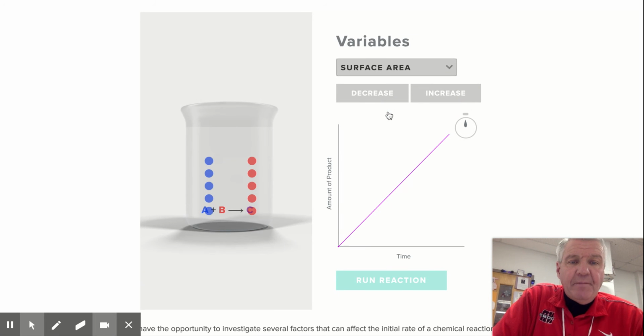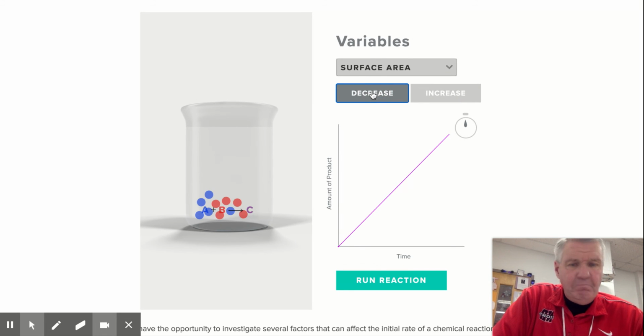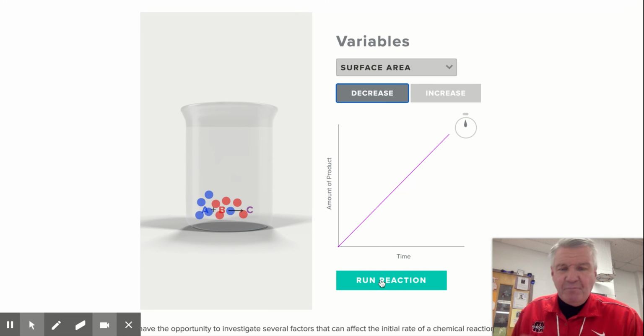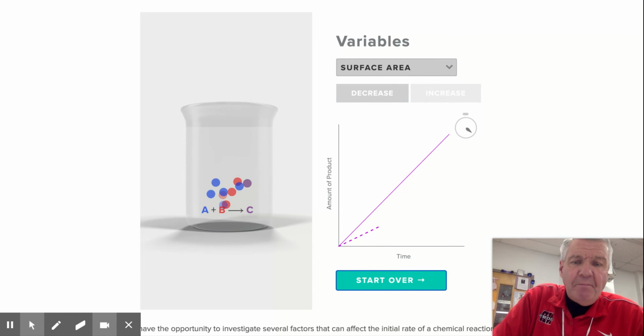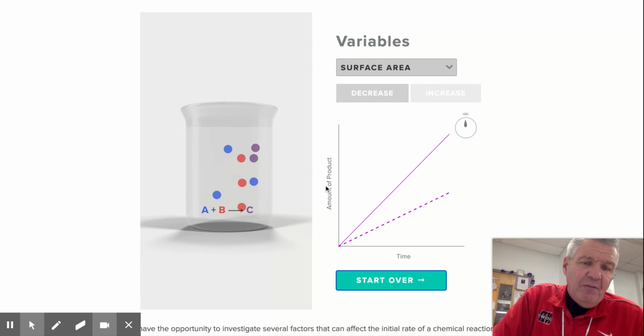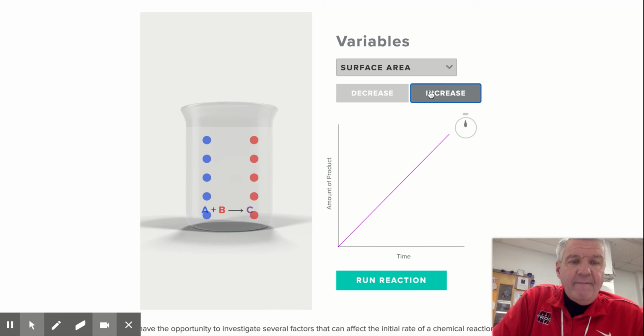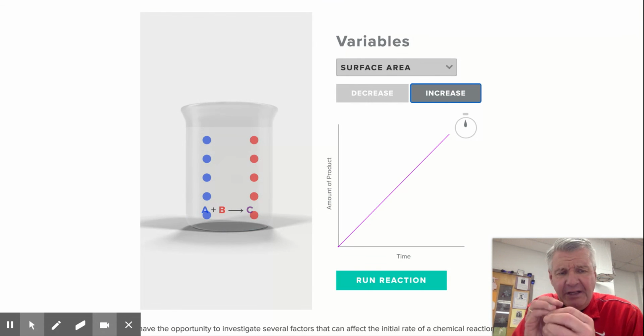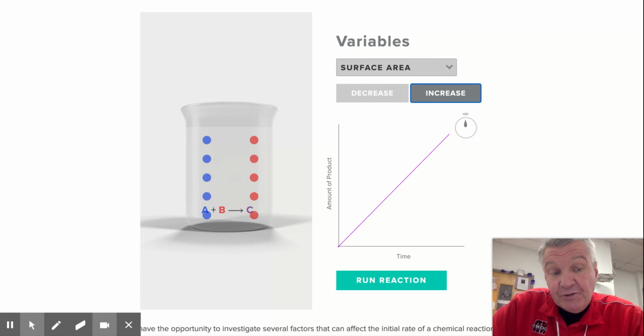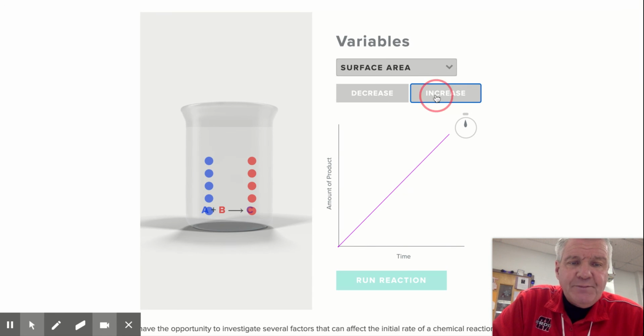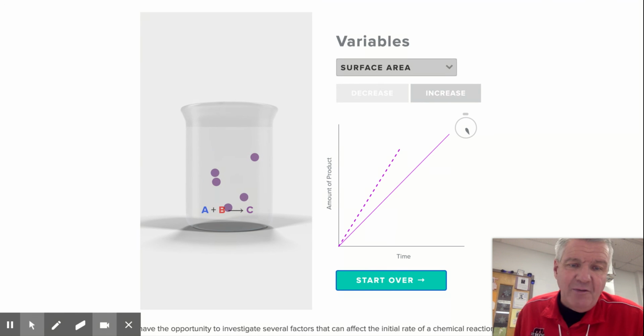Let's go surface area. So what happens if I decrease the surface area? In other words, I've got big chunks of material and I didn't break them up. Well, if I do that, then you can see that the amount of product that I get is going to directly relate to the surface area. If I increase the surface area, now I've got a lot more of these atoms that are no longer clumped, but they're kind of broken into pieces like we did with the Alka-Seltzer tablet when we produced the carbon dioxide gas inside the flask, a closed system. Well, if we go ahead and increase this, now let's run the reaction. Well, you can kind of see what's going to happen. So what we're getting at is these variables of surface area,